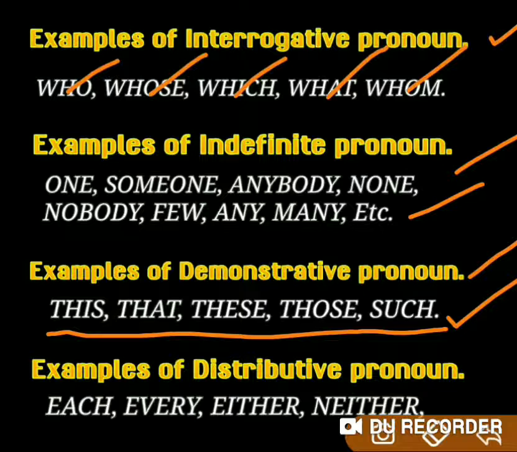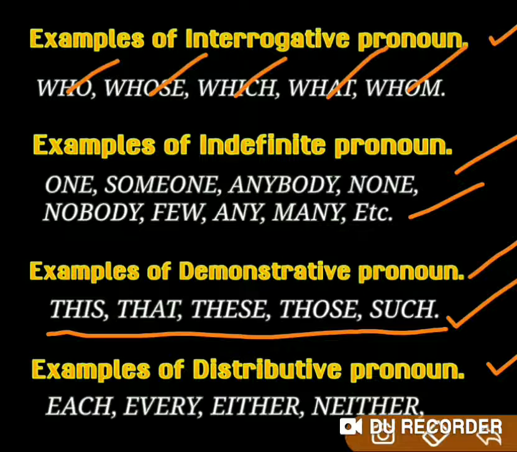Go to the last one, that is examples of distributive pronoun. Then let us see what is the meaning of distributive pronoun. Distributive pronoun means a pronoun used to talk about each and every person separately. Means the words or the nouns or the pronouns which we use to show each and every single personality separately, not inclusively but exclusively. When we name a person separately, not as a whole, as a separate part.